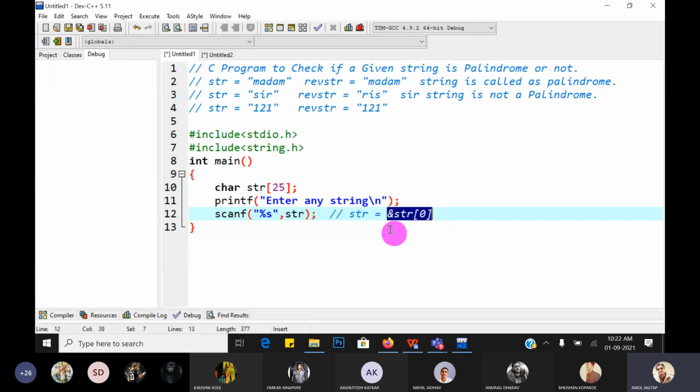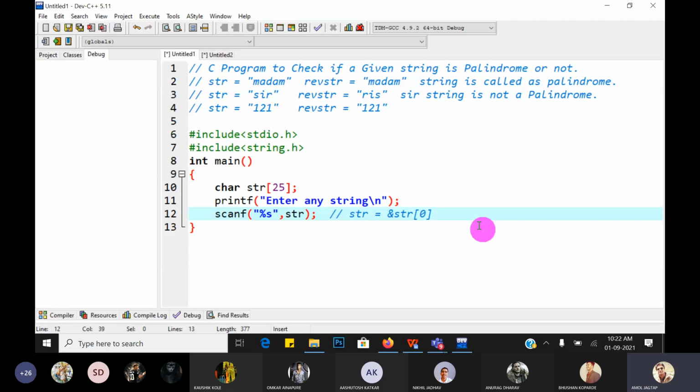It means we have to save the string from the address of the first character in that character array. Hope you understand. So either you write ampersand of str of 0 or just str, because the string name itself gives you the base address of that string array.